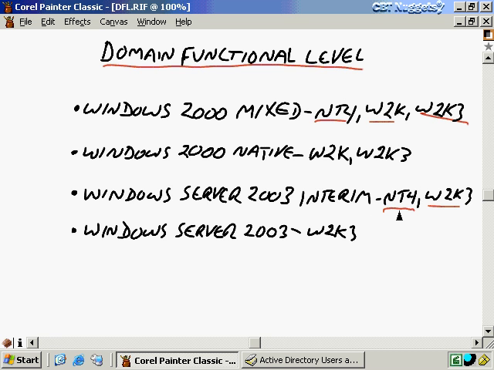Anytime you have NT4 in the mix there with whatever your DFL is, you cannot have universal groups. So this is my big no smoking sign over a universal group. So you cannot have universal groups with these two domain functional levels. Now, Windows 2000 native will include Windows 2000 and Windows Server 2003, and then the highest level of functionality is